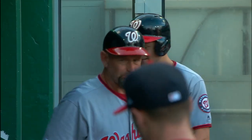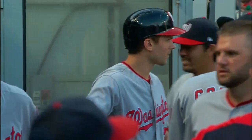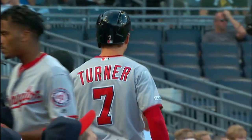He's 4 for 9 in this series. You remember last year when he hit second a lot, hit 6th and 7th down in the order. Now he's established himself as one of the most dynamic leadoff hitters in baseball. Yeah, hardly ever takes a day off. So he's the guy in the number one spot. And the Pirates